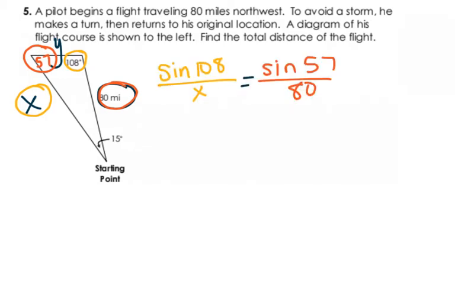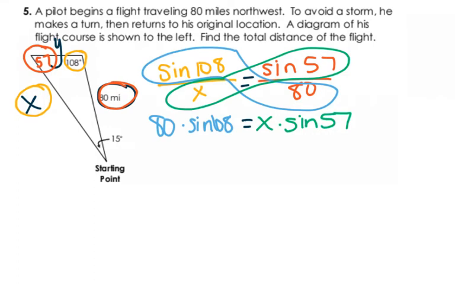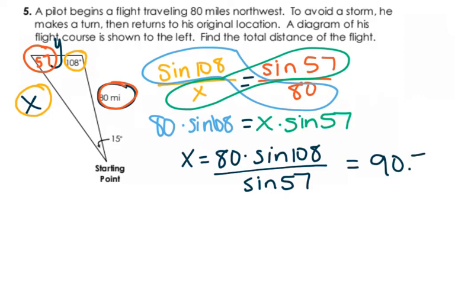Okay, so this is how I set it up. The sine of 108 divided by x equals the sine of 57 divided by 80. Now I'm going to cross multiply. And now I'm going to divide both sides by the sine of 57. So I'm going to round to one decimal place. I'm going to call this 90.7. So now I know that he has definitely traveled 80 miles and 90.7 miles, but I don't know what that